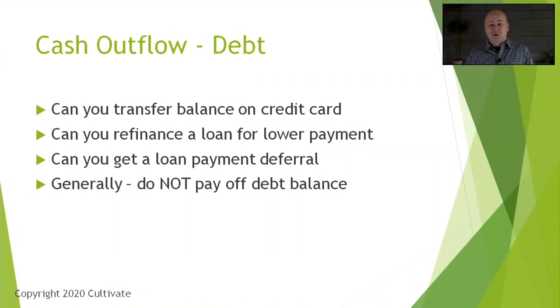So the loan term does not go any longer. It's just you're spreading those payments out that you're missing. Some banks will actually just extend your loan term. So if you miss 2 or 3 months of payments, then your loan term just simply goes out 2 or 3 months. And then the last thing I like to say about debt, just because I've had a lot of